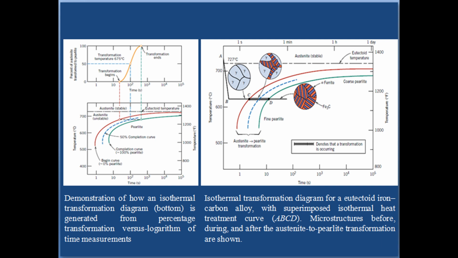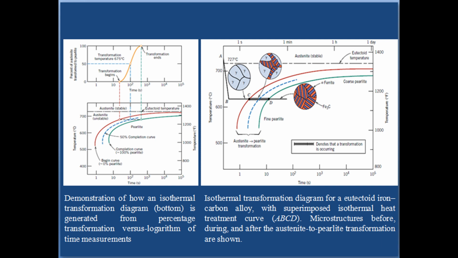The thickness ratio of the ferrite and cementite layers in pearlite is approximately 8 to 1. However, the absolute layer thickness depends on the temperature at which isothermal transformation is allowed to occur. At temperatures just below eutectoid, relatively thick layers of both the alpha ferrite and Fe3C phases are produced. This microstructure is called coarse pearlite, and the region at which it forms is indicated to the right of the completion curve on the figure.